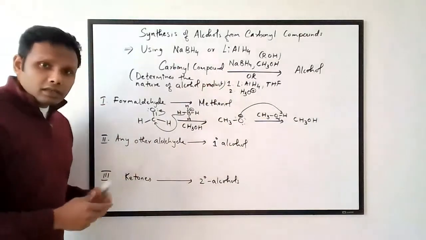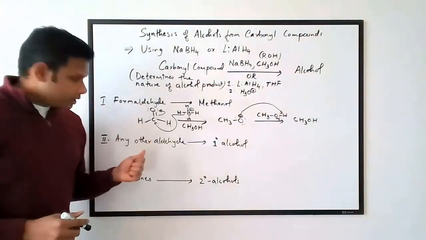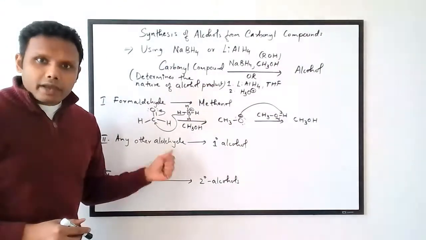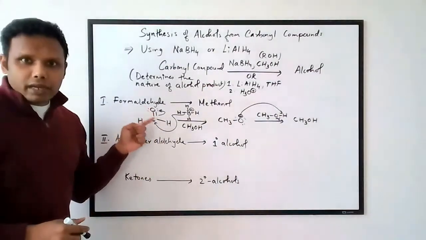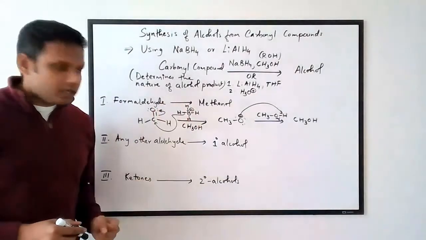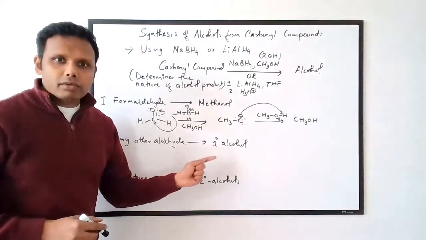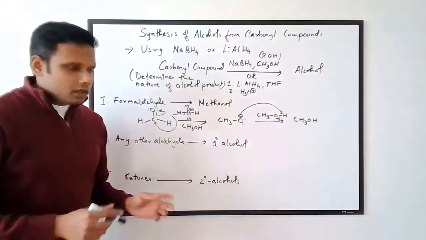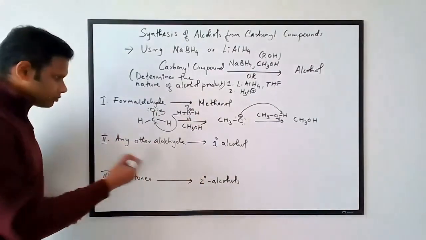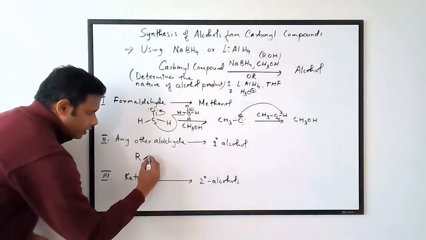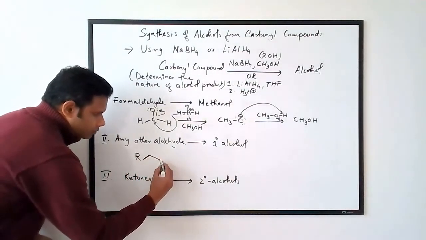Now, let's say your starting material is another aldehyde, any other aldehyde but formaldehyde. Then your product is a primary alcohol always. It has the same number of carbon atoms. And so essentially, if I start with any other aldehyde